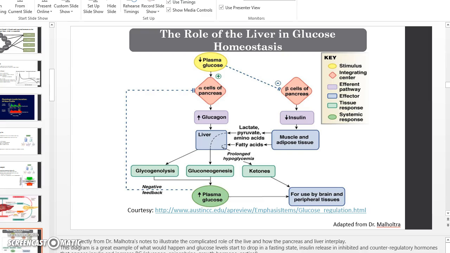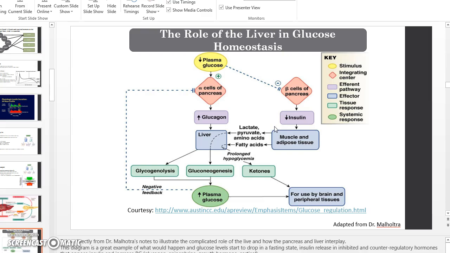So this insulin release is inhibited, as we can see by this component of the diagram. Our plasma glucose is low, so that signals to the beta cells of the pancreas to decrease our insulin production. This is going to prompt our muscles and our adipose tissue to release fatty acids that are going to go into the liver, which is going to promote gluconeogenesis, or an increase in glucose production, which is therefore going to increase our plasma glucose. As we'll talk about later, prolonged low blood sugar will cause our body to use other